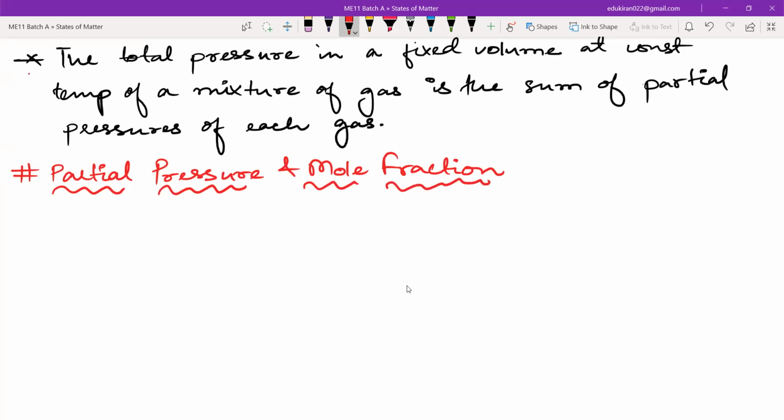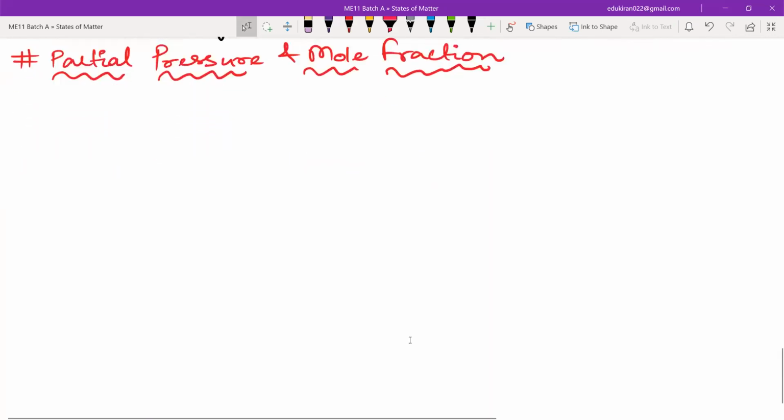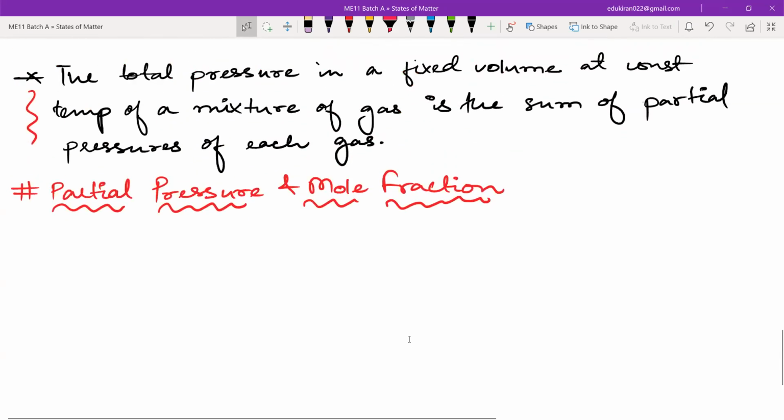So all of you have written this line, right? I can scroll. Yes, sir. Okay. Sir, can you please? हाँ okay. लिखिए जल्दी लिखिए. उसके बाद while I'm explaining the partial pressure and mole fraction, please don't write anything. I will give you time. Please keep your pen on the table. Don't write anything. Okay. Done. Is anyone saying something?